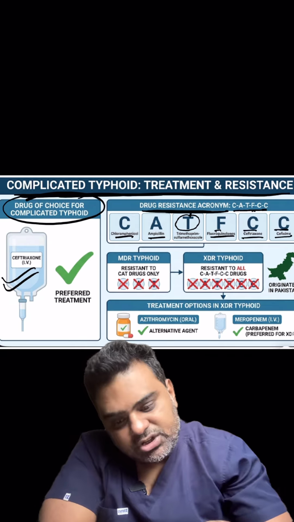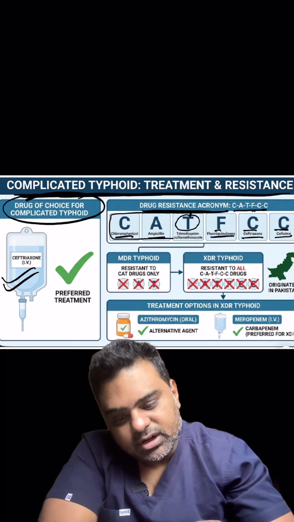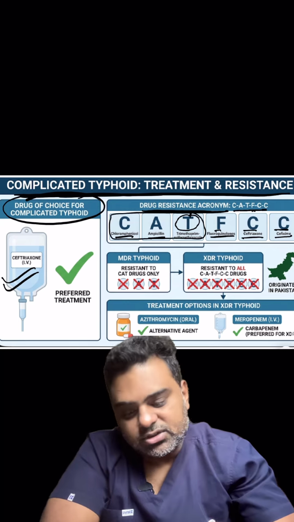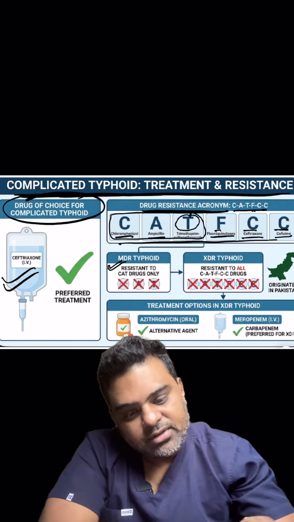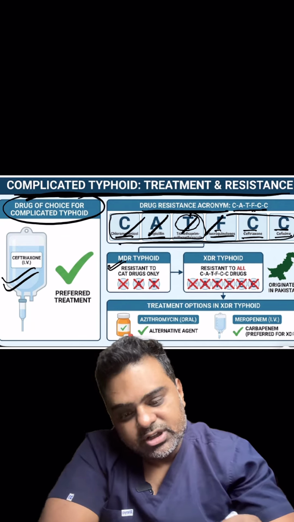If the initial three of the drugs are resistant, then it is called MDR typhoid that we are talking about. And if the typhoid is resistant to all these drugs, then it is called as